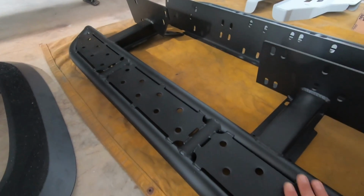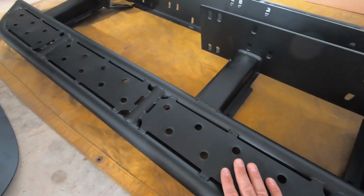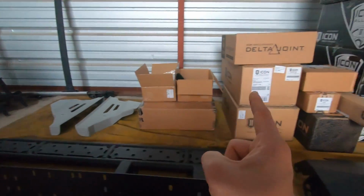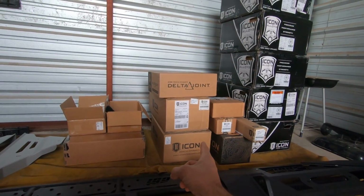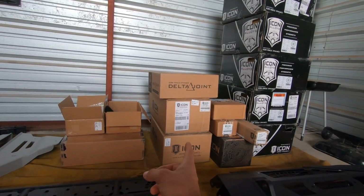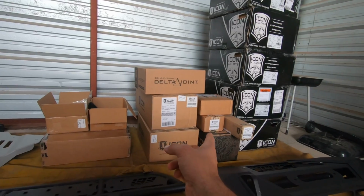And then of course we did opt for the plates since my wife is going to be driving this car a lot. I want to make sure she can get in and out of it and not twist an ankle doing so. Those are the lower control arm skid plates. We'll put those on after we put the suspension on. We were waiting on the suspension to come in and it finally showed up yesterday. And that is a Stage 8 Icon billet suspension system. So it's got 2.5-inch front reservoir coilovers with 700-pound coil springs, billet upper control arms, billet